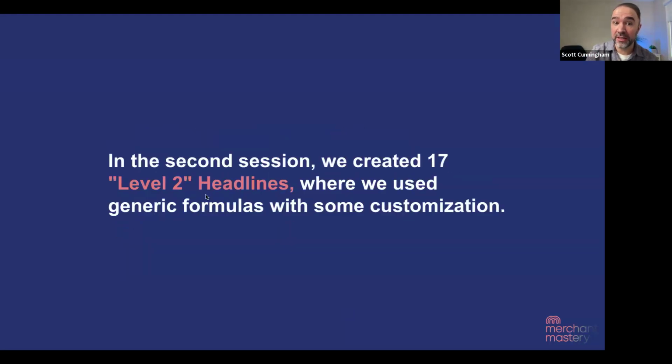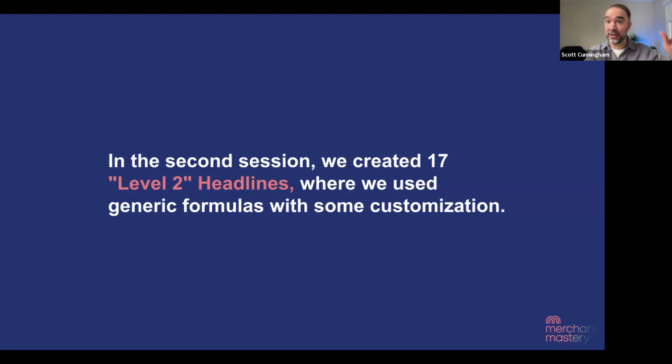Based on those four elements, in the second session, I gave everybody 17 assignments, essentially 17 different types of headlines that we could create. So we had five headlines that were based on the customer stage of awareness. We had five headlines that were based on the level of market sophistication. We had three headlines that were based on the matrix. That's where your customer stage of awareness and level of market sophistication intersect. And I gave you three formulas to follow based on the 38 types of headlines. So wherever you intersected on the matrix, it would have said, hey, here are three suggested headlines for you to use. See below, there are some formulas for those.